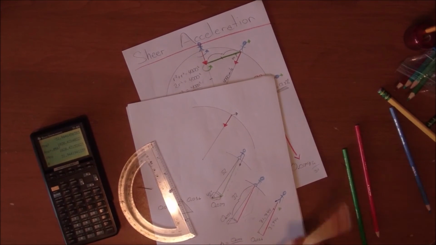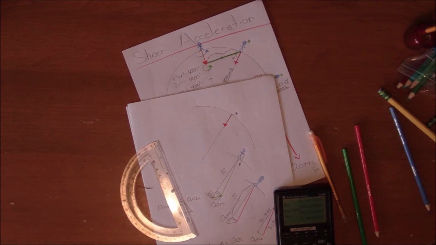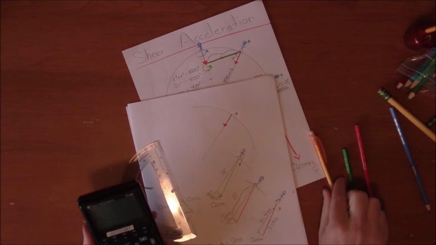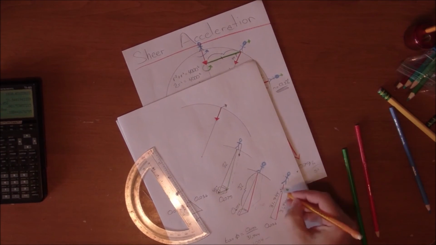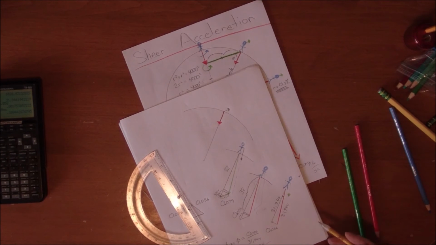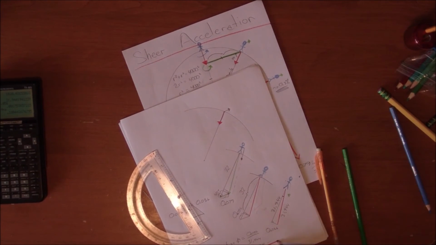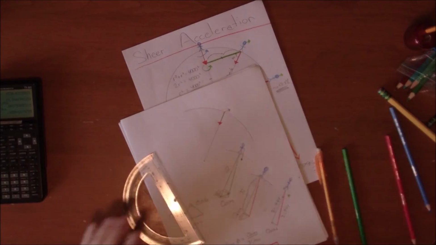Inverse tan this. 0.1004 and so on. So the angle of deflection is 0.1 degrees, which means